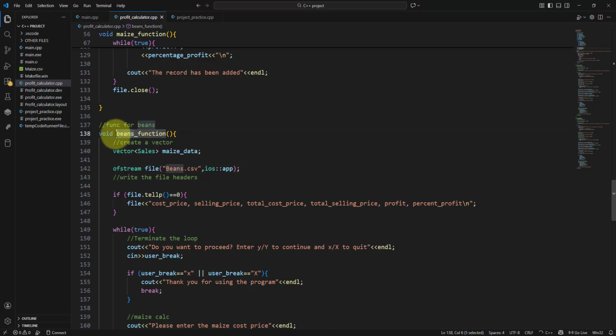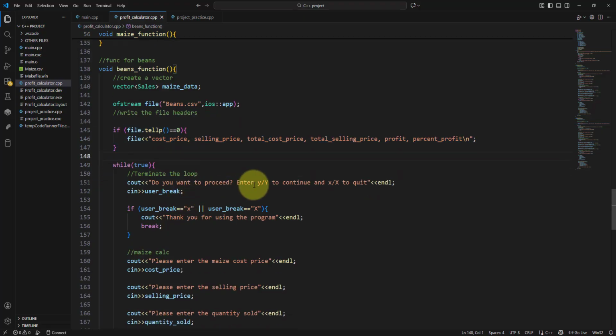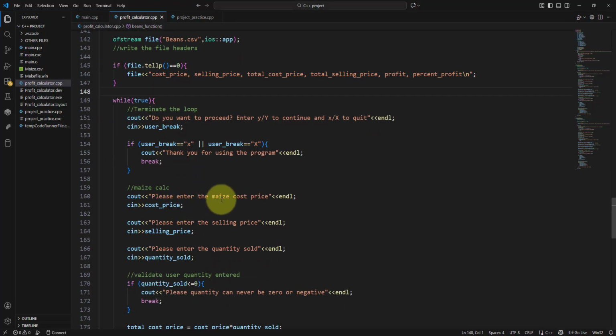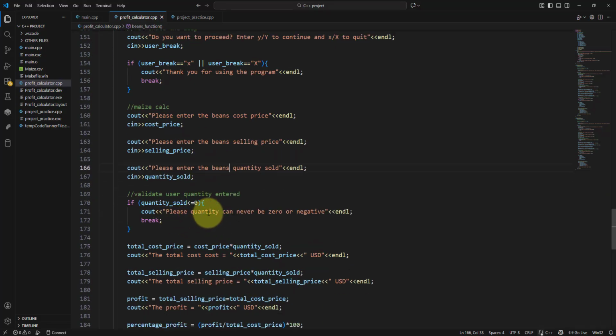Then I think I'll copy this. Whenever I get beans, I'll just paste. This one's okay. Creating the headers, then validating, ensuring the user is running. I'll paste this for beans. Like I said, I'm just going to change: enter the selling price, enter the beans selling price, enter the beans quantity,